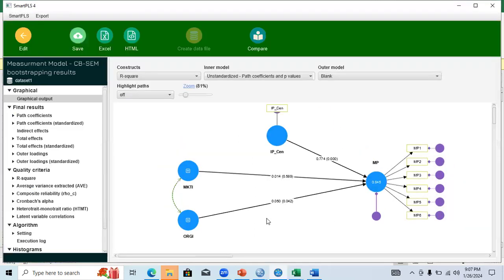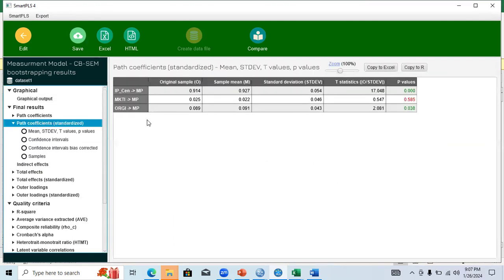Yes. So it has shown you a positive impact and it is statistically significant. You can see the standardized path coefficient. Here, this is the interaction impact and it is significant.